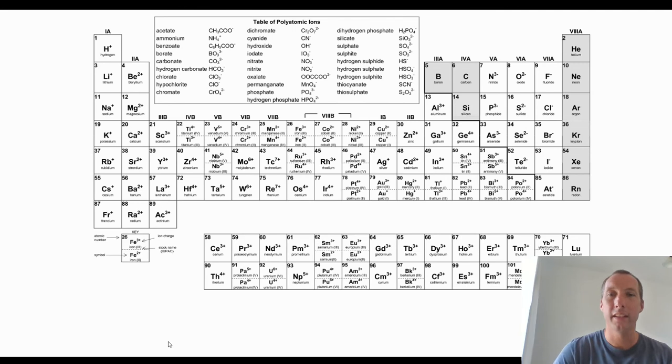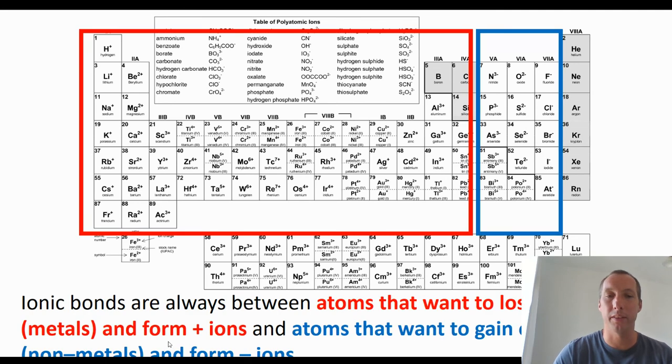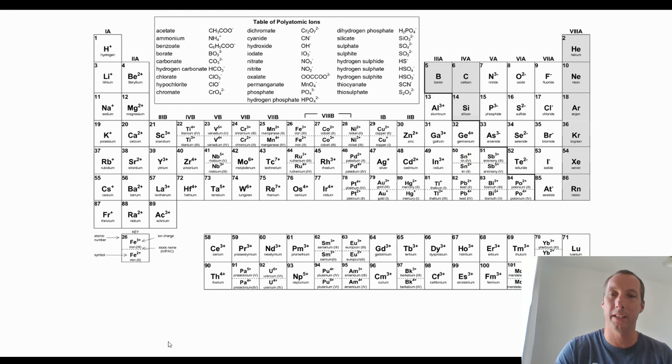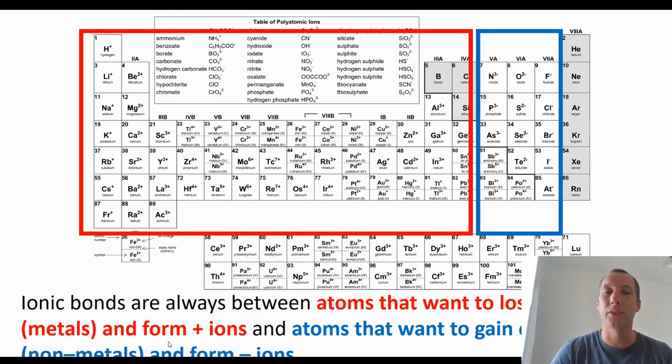Let's go back to this periodic table again, the periodic table of ions. For ionic bonding, what's really important is you need to have atoms that want to get rid of electrons bonding with atoms that want to take electrons. So on this table, I've put in these red and blue squares. Everything in the red squares are metals, and all of those atoms want to get rid of electrons. Now in the blue rectangle, we've got atoms that are non-metals and want to